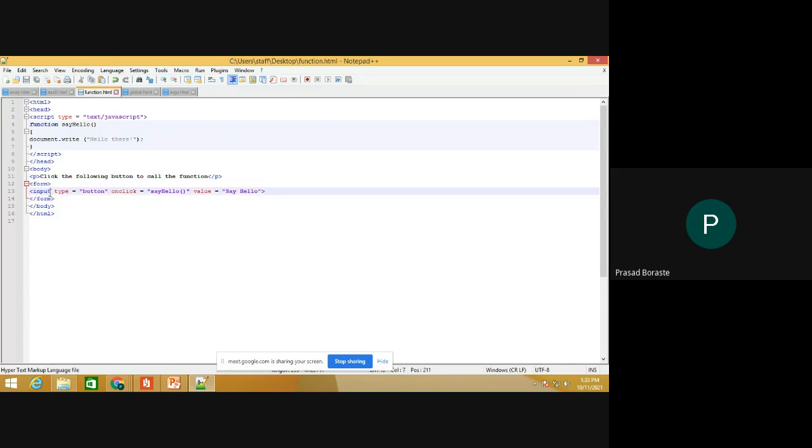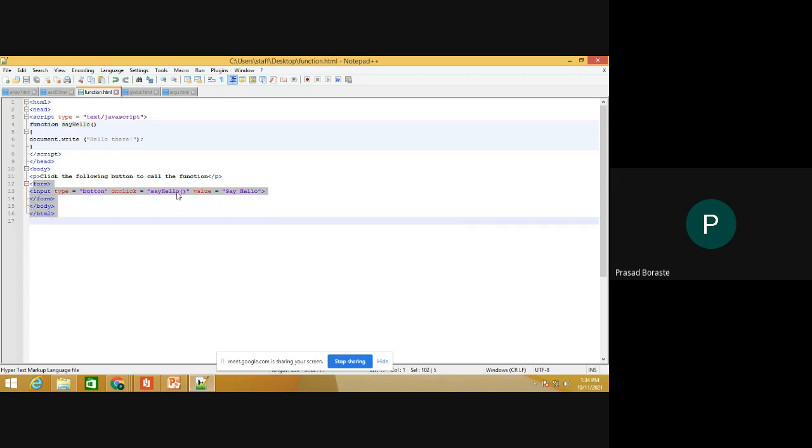In that I have taken an HTML button. On click of this button, I am calling a function. This is the HTML, this below is all HTML.